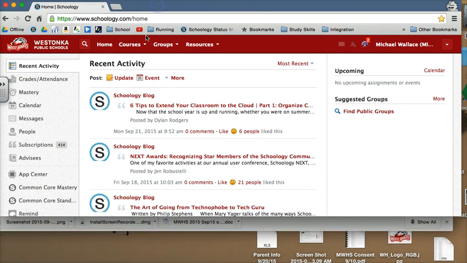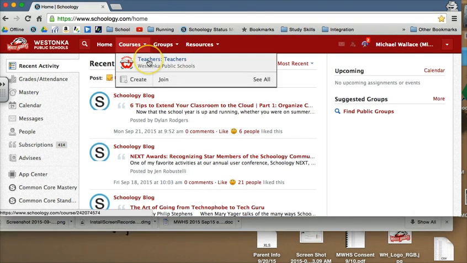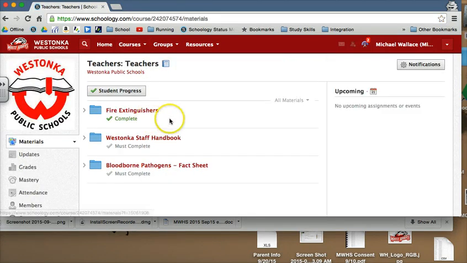And once you're logged into Schoology, you're going to come up here and go to courses. And you should see a course that you've been assigned to depending on your bargaining unit. So it might be principal or teacher, custodian, para, etc. And you're going to go ahead and log into that. And you're going to see 3 folders. There are 6 different things, or maybe 5 different things that you need to complete in order to complete your